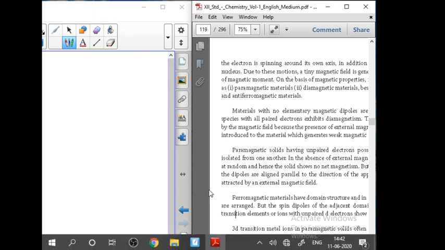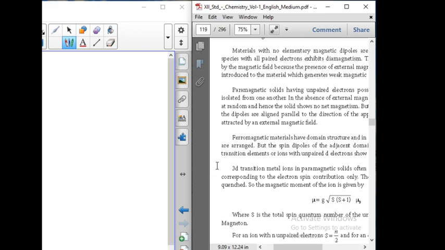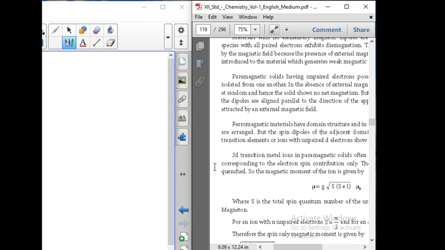Already I told you at the start, the magnetic properties of the d-block elements are generally paramagnetic. So 3d transition metal ions are paramagnetic solids. However, magnetic dipole moments can be calculated by using the formula mu is equal to g into square root of S into S plus 1. So S stands for the spin magnetic moment, and the unit for the magnetic moment is the Bohr magneton. The symbol is mu B.